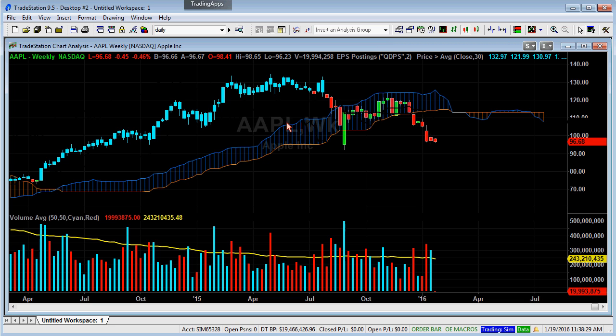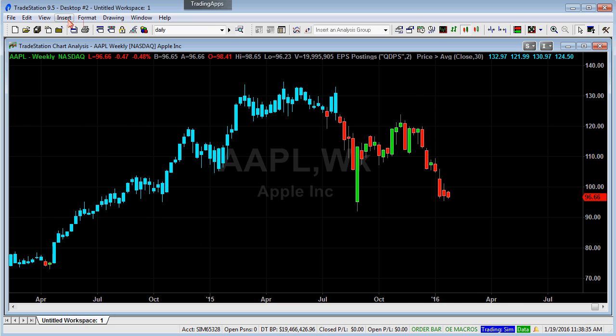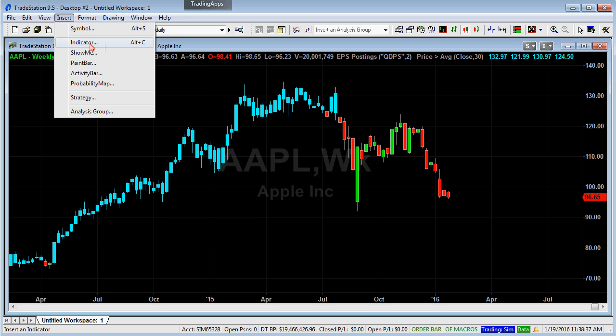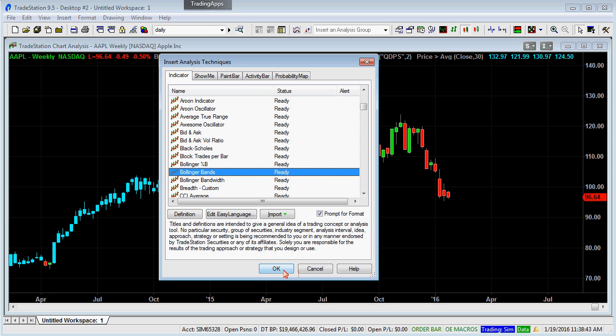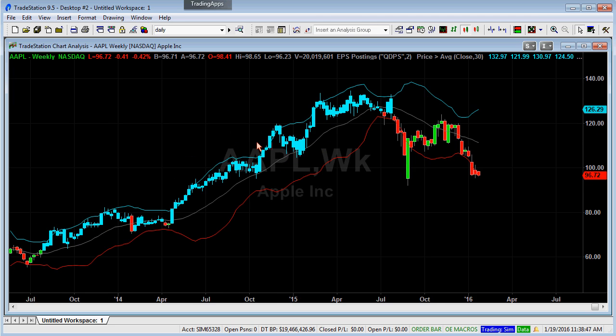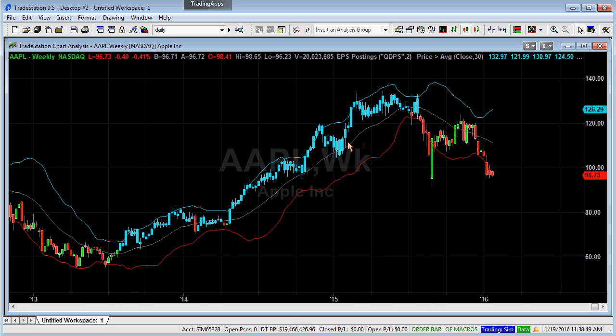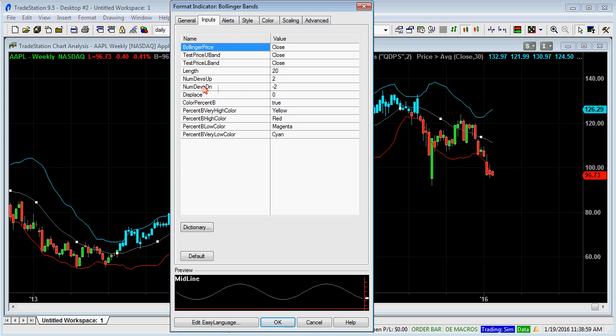Again, if I want to remove an indicator, I just click on the indicator and press delete on the keyboard. That's the easiest way. Bollinger Bands is already part of the platform. If I go to Insert Indicator, Bollinger Bands is there, and I just click OK, and OK. By default, Bollinger Bands is drawing 2 standard deviations above and 2 standard deviations below. If you want to change it to 3 standard deviations, just double-click on the Bollinger Band, go to Inputs, and